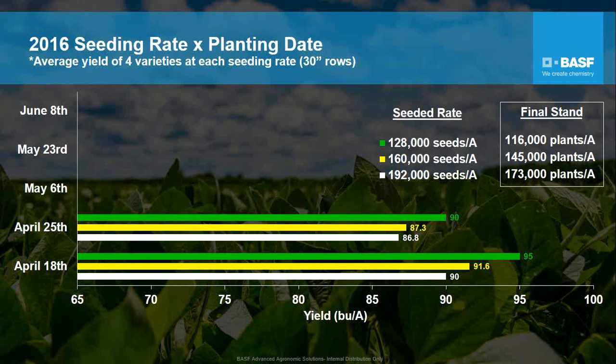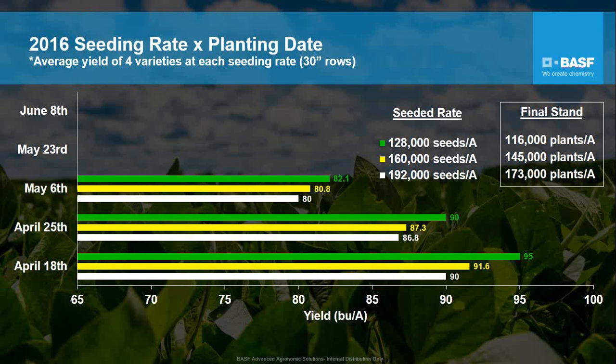That gap is closing a little bit, but still a benefit to the lowest seeding rate. On May 6th, still the same story. A little bit of the gap is closing, but still a benefit to the lower seeding rate. By the time we get out to late May, we may start to want to rethink that seeding rate at this point, because as we get to late May and early June,